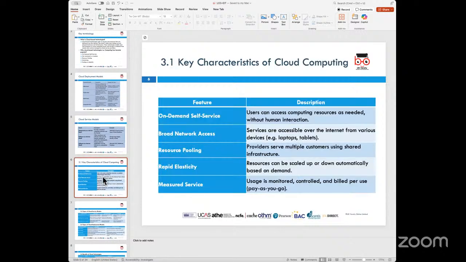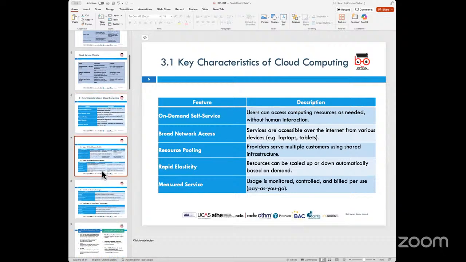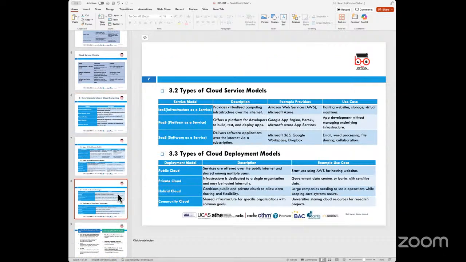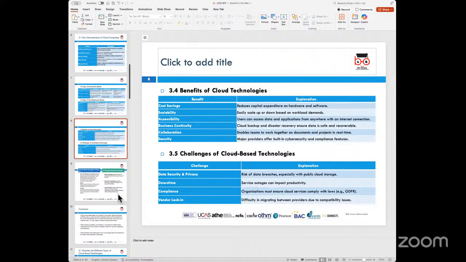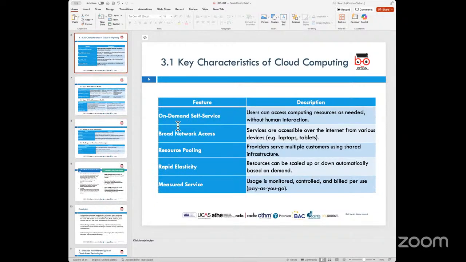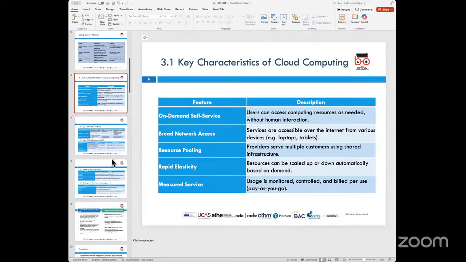Good. So when we do look at some of these, I've covered some parts of it for the first assessment criteria, because what we want to be able to look at is differentiate between different types of cloud-based technology, which is given here. So on-demand service, you have broad access, resource pooling, rapid elasticity or scalability, and then obviously monitored or measured service. These are advantages of cloud computing or cloud computing technologies.